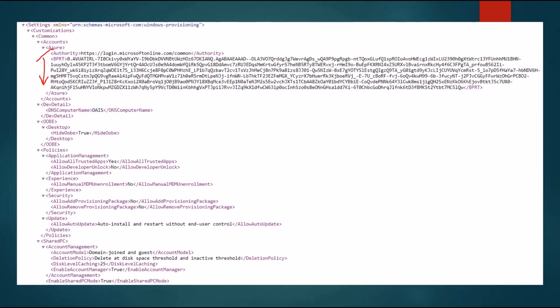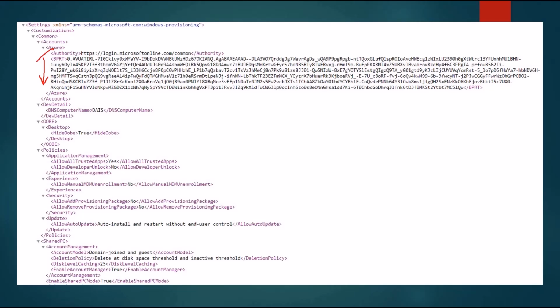And this is that refresh token that we have got. That refresh token is present in the package, and it is going to be used whenever we run this package on any of the client machines while we are trying to Azure AD join and Intune enroll it. Because what is the end goal here? The end goal is taking this package to all the endpoints and running it so that the end devices are Azure AD joined and Intune enrolled, right? So this package needs to have some token which it is going to use to authenticate to Azure while it tries to